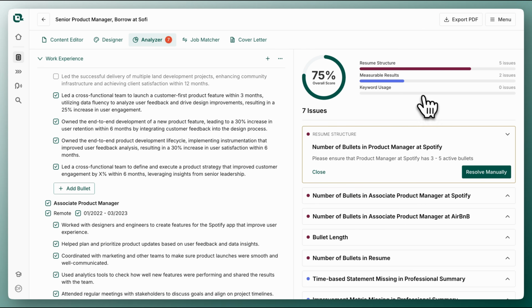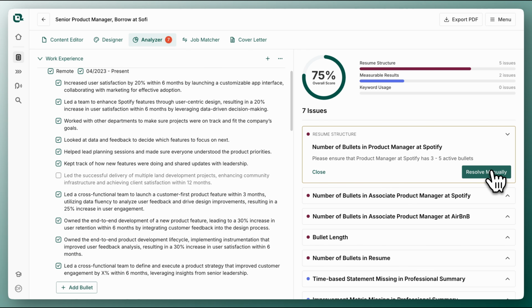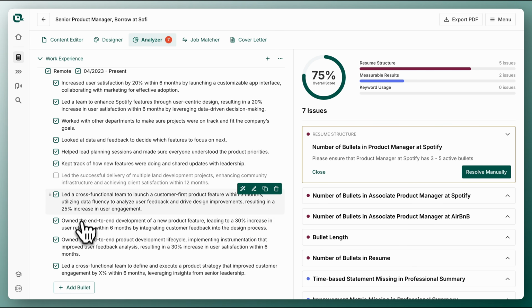When you come over to our analysis mode, we are going to review it for best practices. There's a lot of context in resumes and levels of seniority and industry. So ultimately, we really want you to trust your judgment. We're here to guide you. So something like the number of bullets in this position, that's quite a few. So I'd probably look for the ones that don't have metrics, that maybe are a little shorter, and I'd get